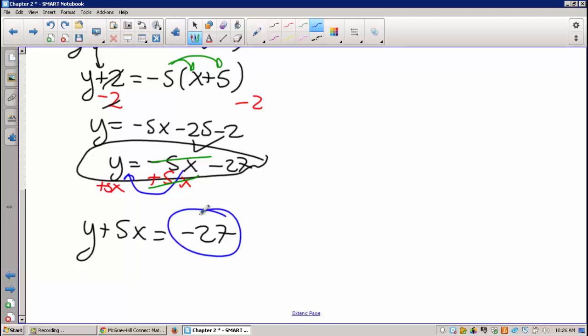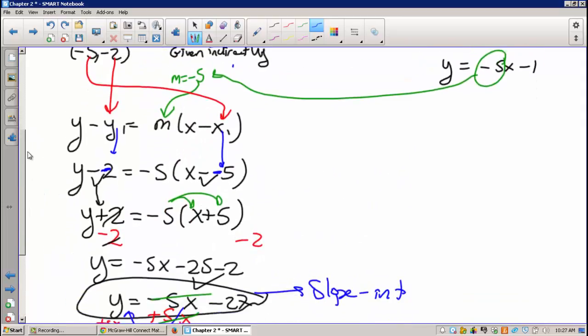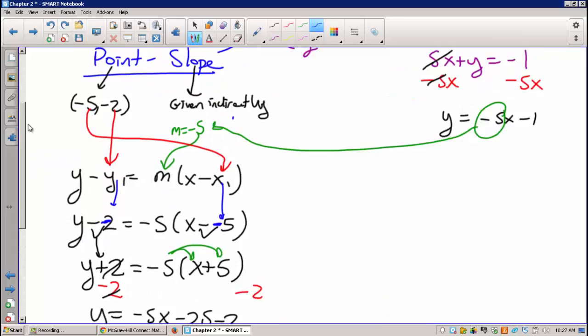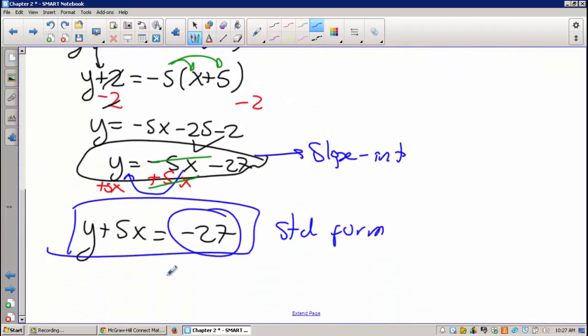No. The numbers will be on the right side, only the variables. So this is the standard form. This is slope intercept. And the very early one, the one we start with here, is called point slope form. Three forms are discussed. Okay? Here. So we are going to enter